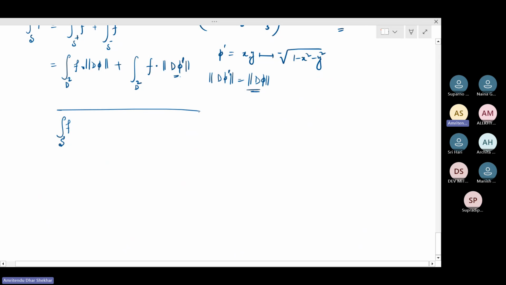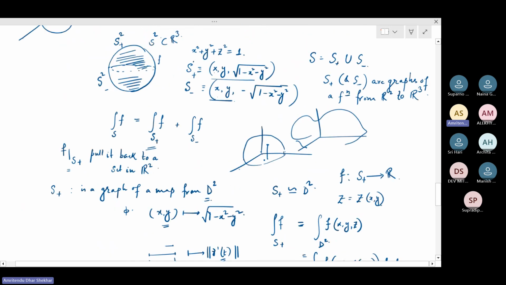Okay. Now, how does Stokes theorem help us? I mean, this is a pretty involved process, right? It's going to take a long time. You first of all have to think what is an appropriate way to split the surface into these parts, and then write down each part as an embedding of a subset of R2 into R3 and what not. So it's a pretty involved process.